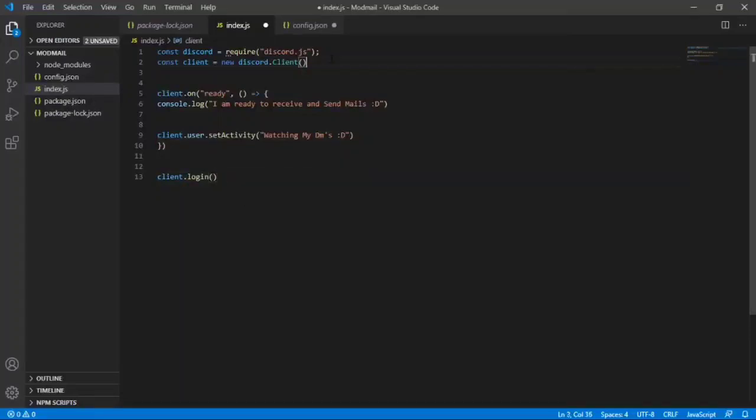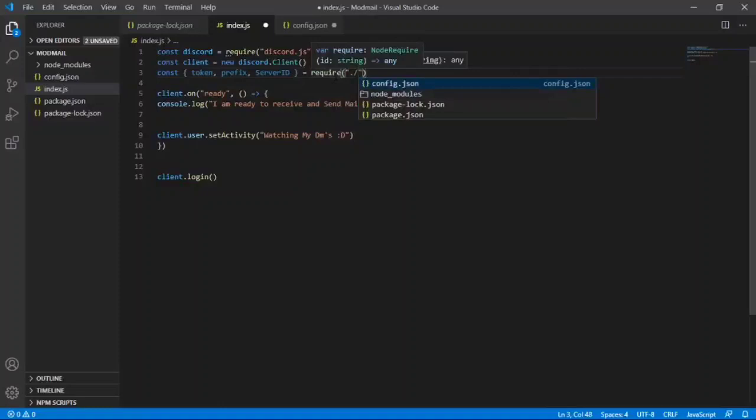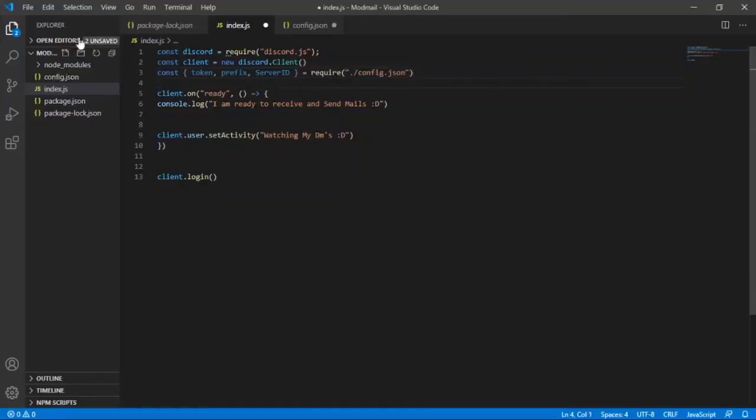Now we have to export our token, prefix and server ID, which we will be using in future. Const token, prefix and server ID. Require, and here the location of the file, config.json. Fine. Now add the token here